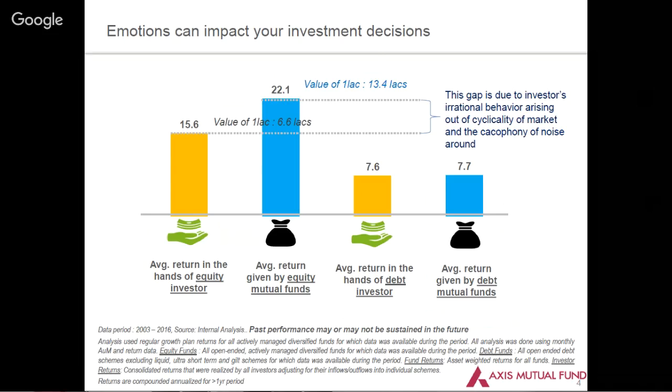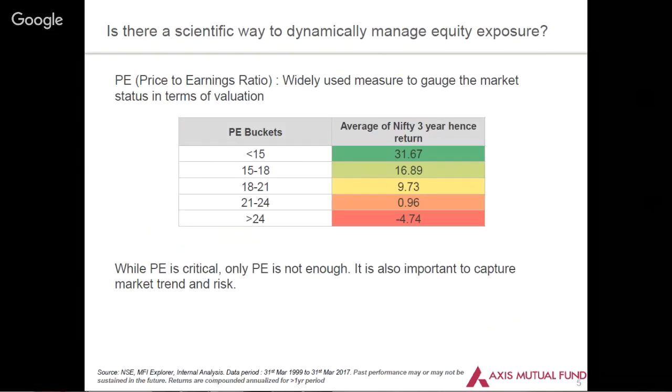What are these variables that dynamic funds look at? And different funds look at different variables. One of the most popular variables and one of the most powerful variables that is looked at is the valuation of the market, which can be seen through a simple variable called the price earnings ratio. Valuation is the most important or the most significant way of tracking what is happening in the equity market.